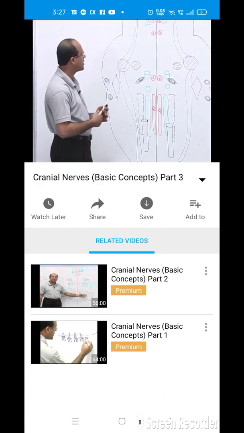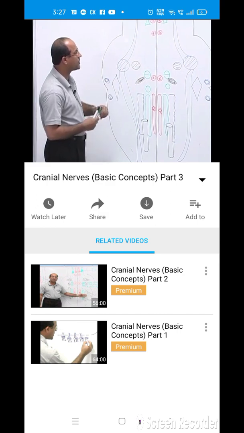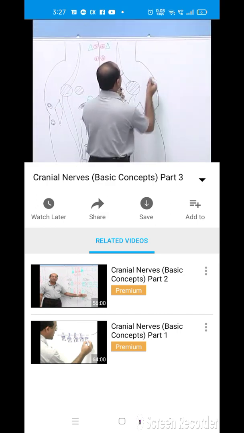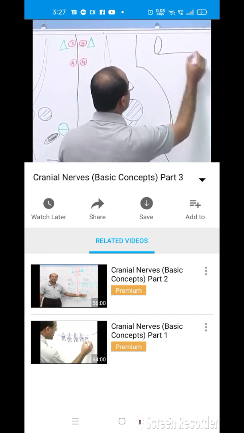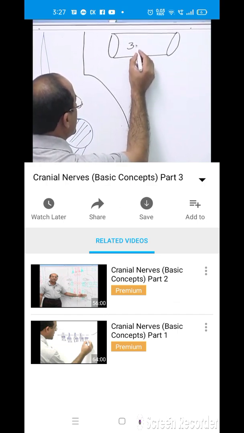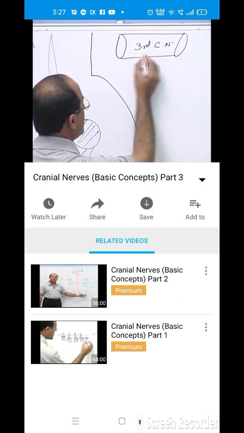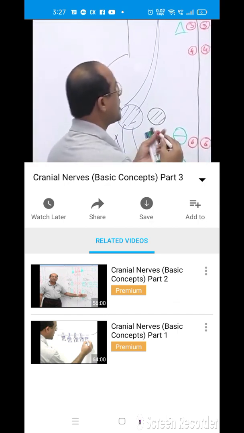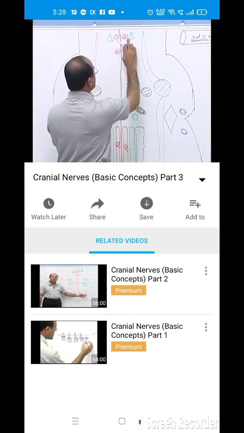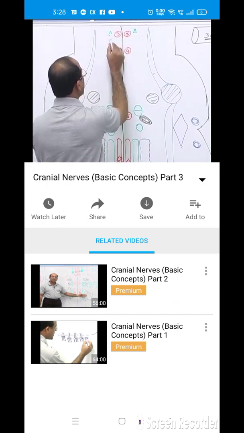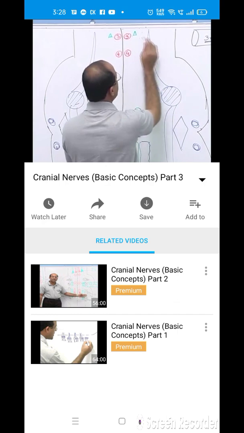Now we have to connect these nuclei with different cranial nerves. Let's suppose here is the third cranial nerve. This is the third cranial nerve, so it must be oculomotor. It receives fibers from the parasympathetic nucleus, Edinger-Westphal,